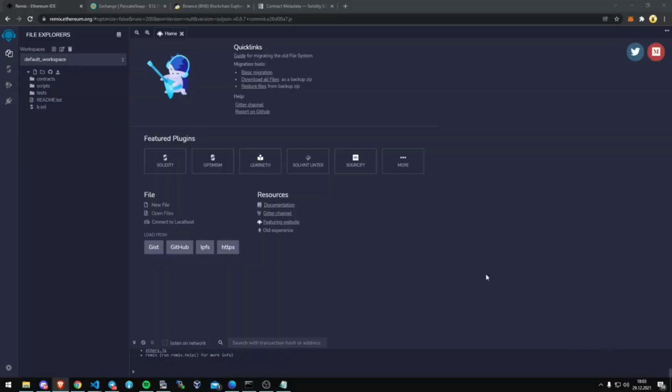Today I'm going to be going over deploying a front-running bot on PancakeSwap with a wrapped BNB pair. If you just follow the description of the video as far as downloading MetaMask and also funding it, make sure that it's connected to the Binance Smart Chain and that it's about halfway there. Then you just follow over to Remix, which is the window I've started on right now,